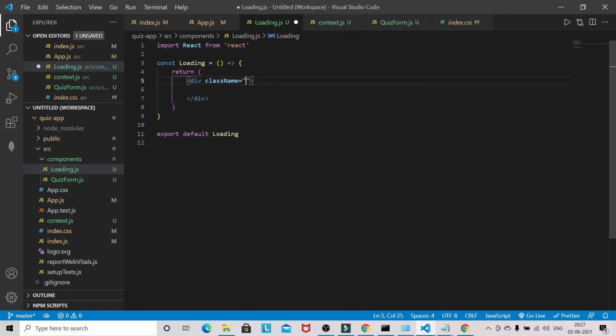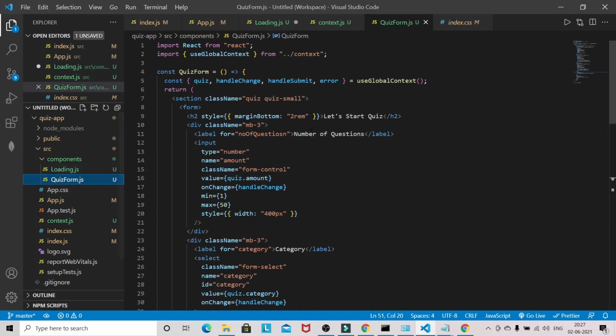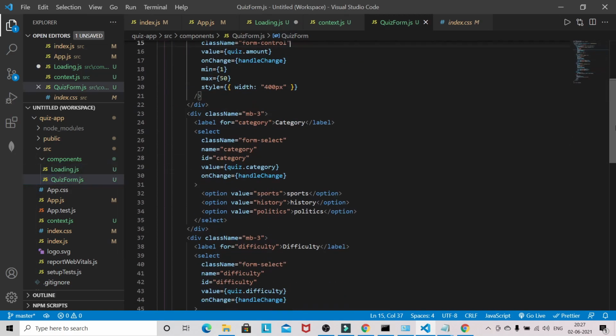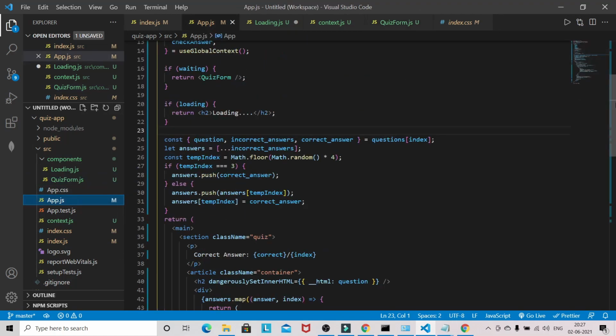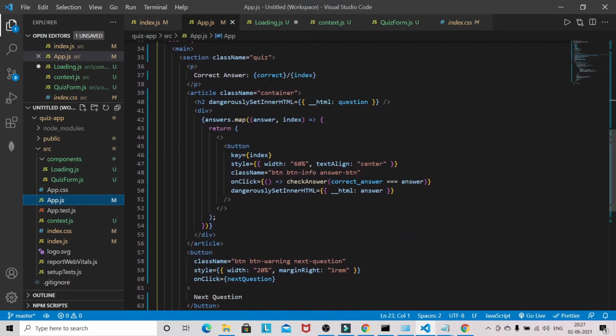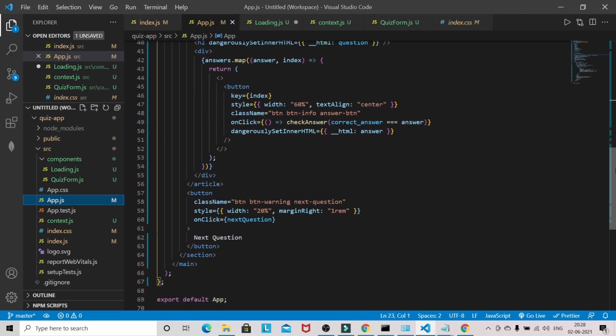And one more thing, guys, I forgot to tell you the class names. Here in app.js we have used some class names, that is quiz, and this is a bootstrap class name, so you don't have to worry about that. I have used quiz, answer button and only this.